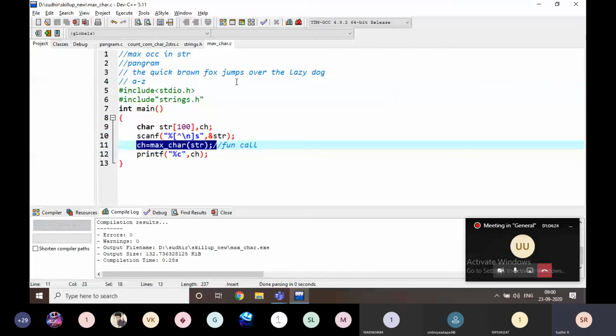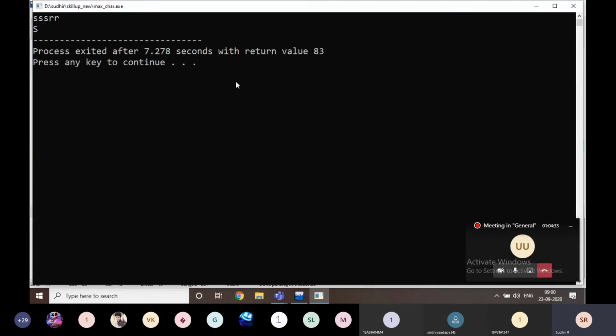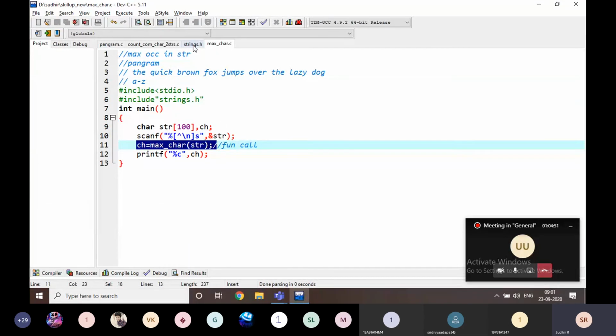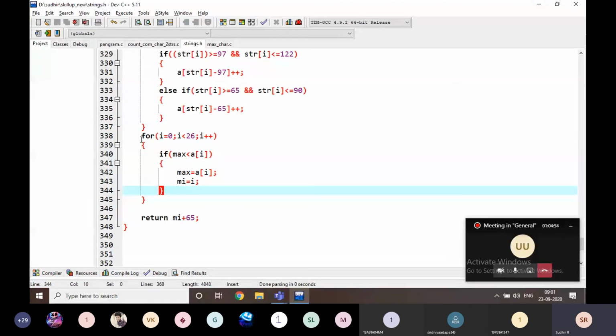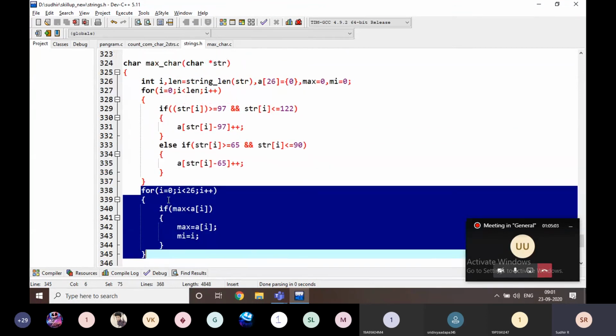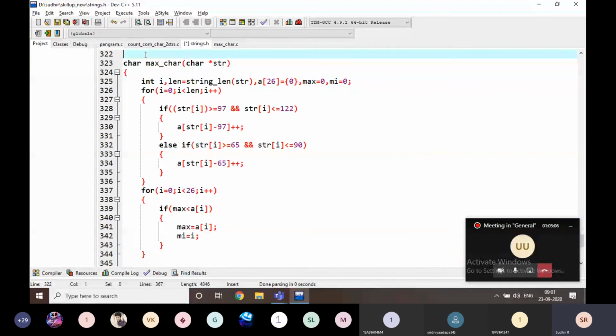Now I am going to execute it. For example, yes, and RR like this. Just observe here, the maximum value is going to be yes here. For example, A, B, B, C, C, D, D, E like this. It is going to be A is the maximum times occurred in a string here. Is it okay, everyone? What I am doing here? This is the logic here. I am going to find what is the maximum value. If I am going to find maximum value, at the same time I am finding the maximum index also. That's it. Yes, note down the function definition.